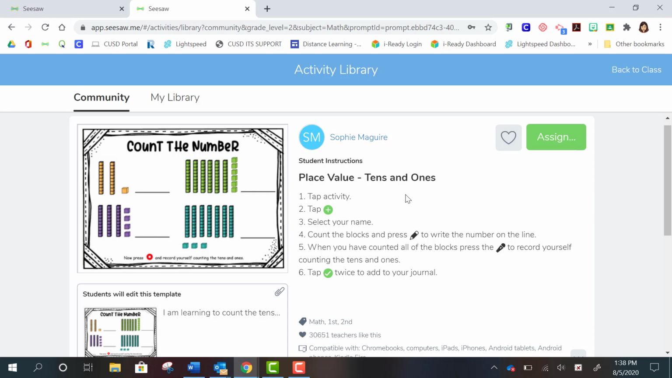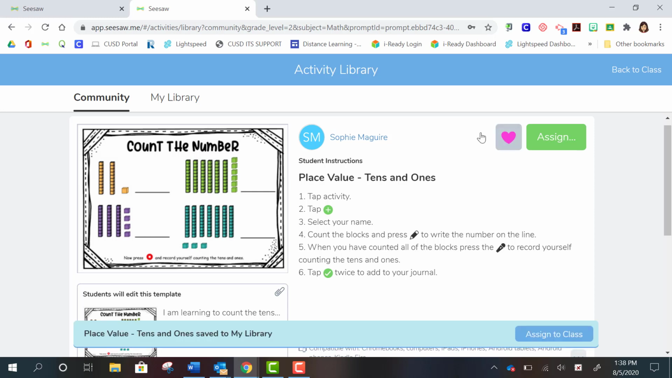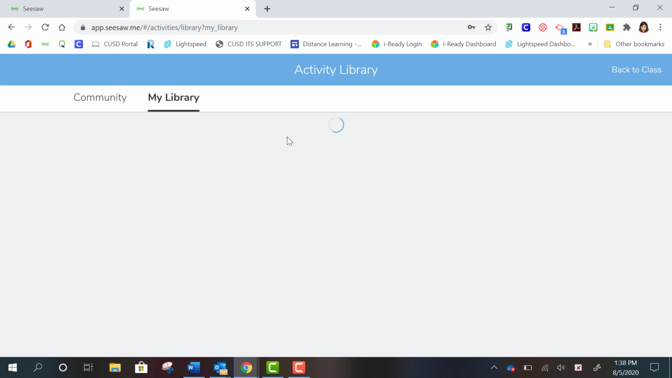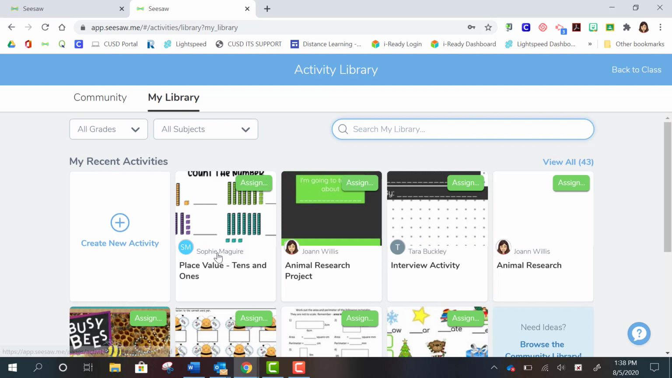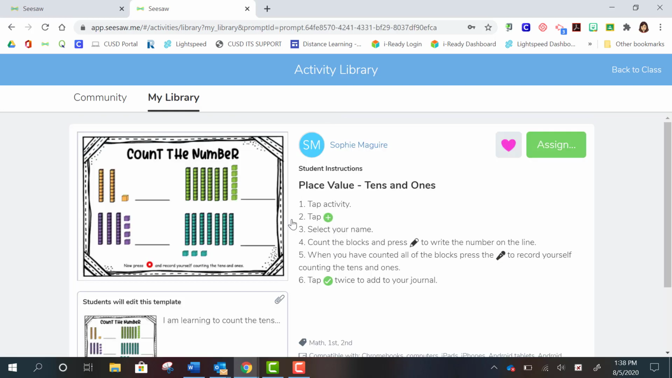So say I love this lesson, I want to assign this to my class. What you would do is come over and click on this heart. By clicking on this heart, it's going to add it into your library. So if I want to see how that works, I can tap over here on My Library. I can see that the most recent activities that I've added to my library will show up first. So if I want to click on this,